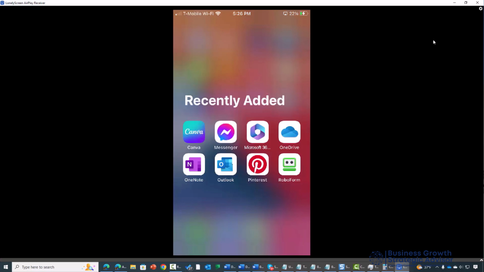If you have other Microsoft applications available on your mobile device, you will be able to see them in the